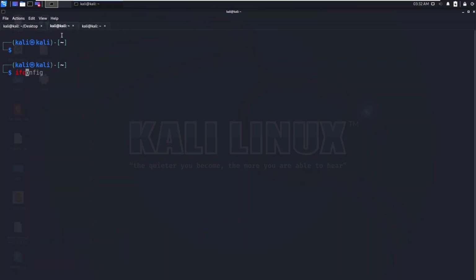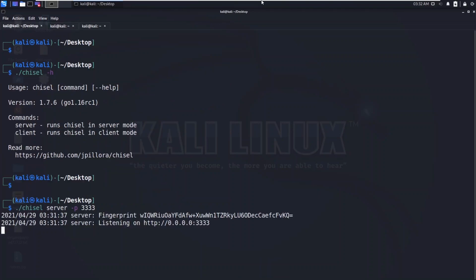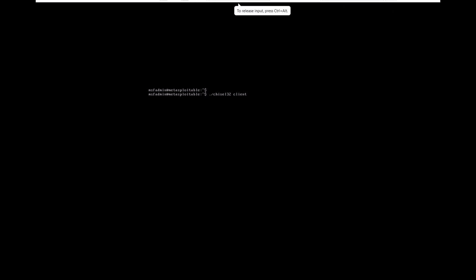That means we need to get the IP address, 192.168.126.132, colon. You need to specify the port 3333 because we are running the Chisel server on 3333. And now we need to specify the syntax like this: 5555 colon.